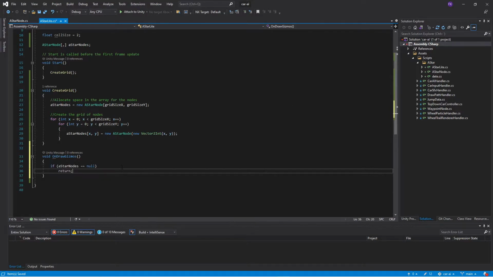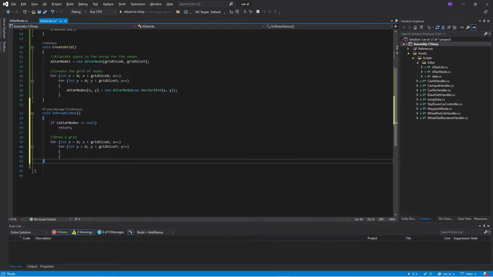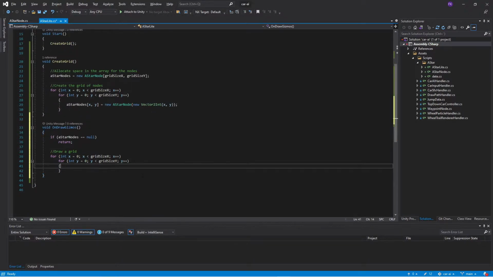Because otherwise it's going to run while we are in the editor mode and haven't started the game yet, and that will produce a bunch of errors. So let's check for that. And then we want to draw our grid. So we run through our array like we did before, but there is one little thing, and that is this